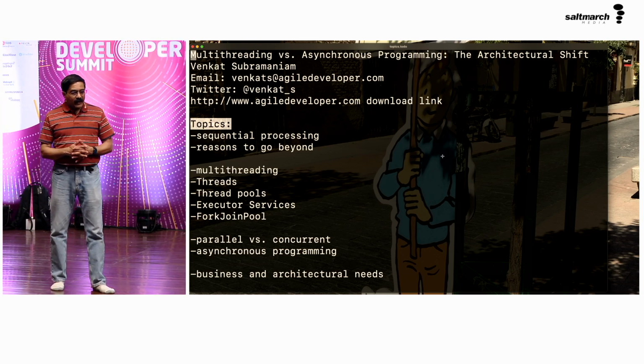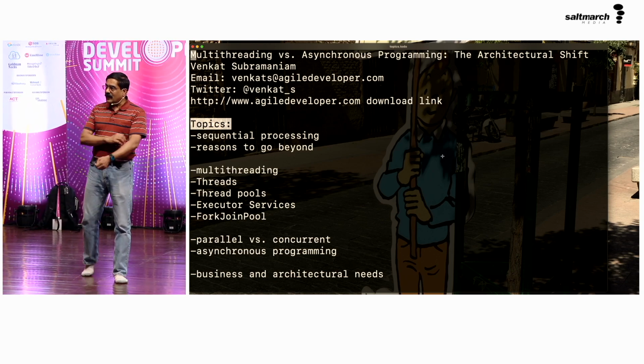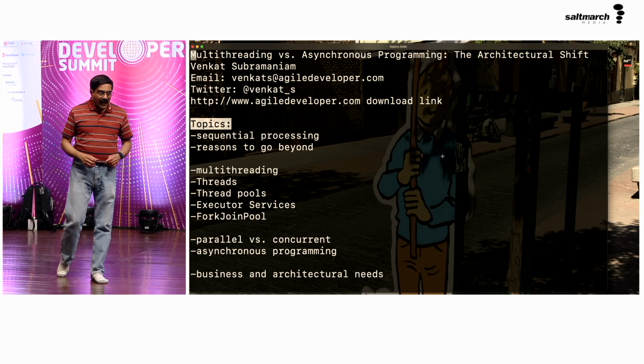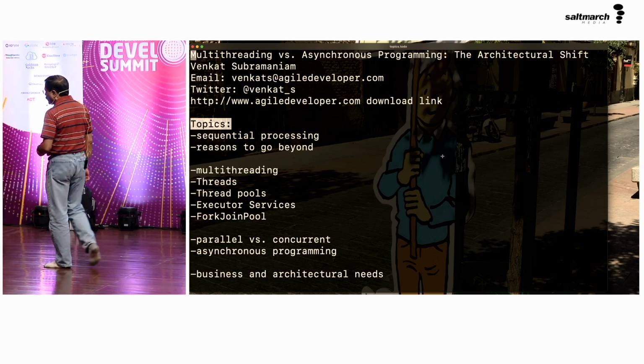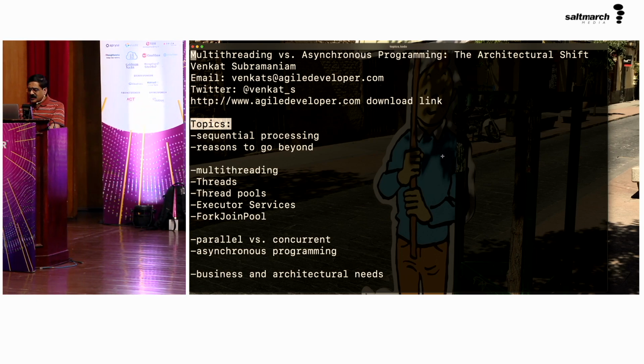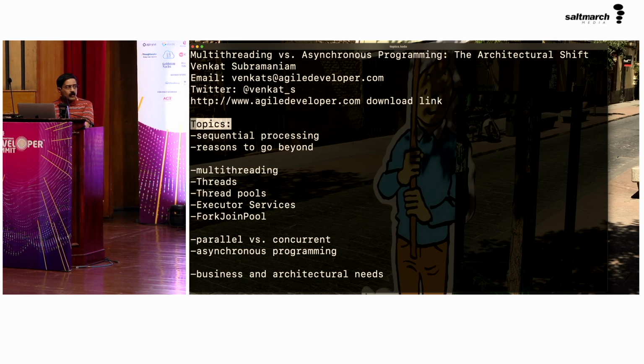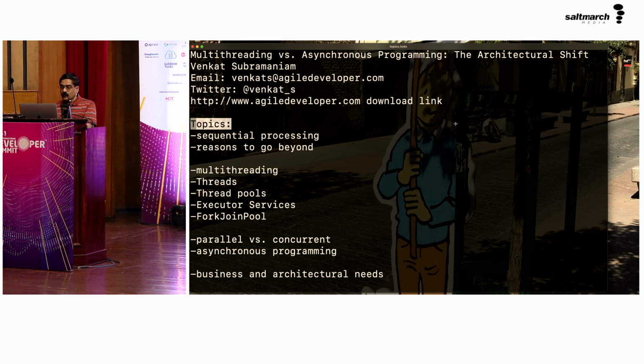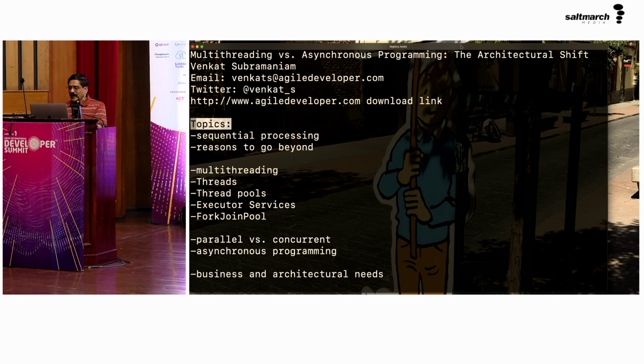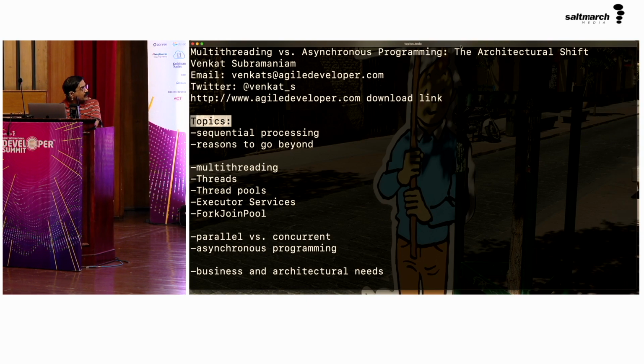Then we will talk a little bit about how we can actually achieve it, and between different versions of Java as well. So let's talk about where the world has been and what we have been doing and how we have been creating software as well. So when it comes to writing applications,